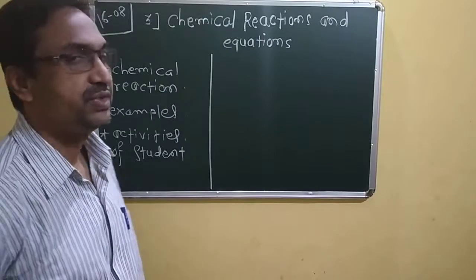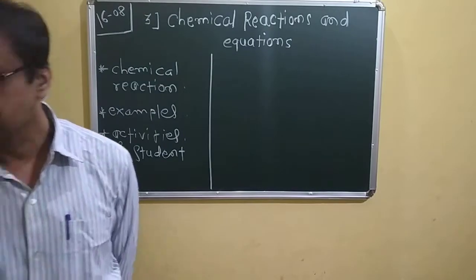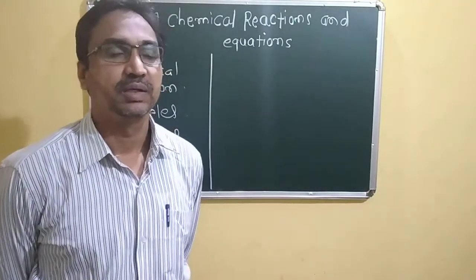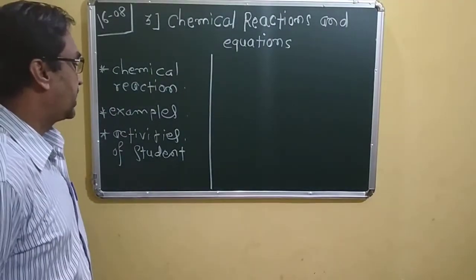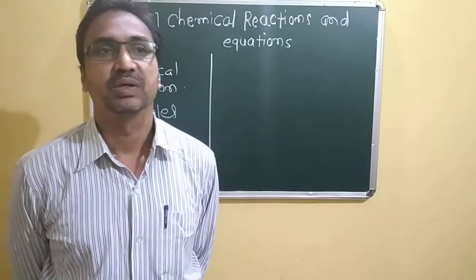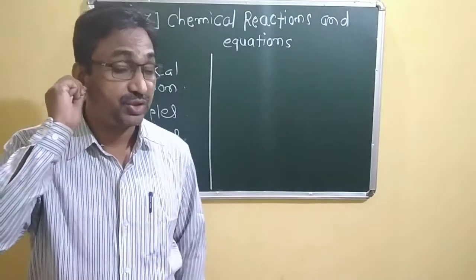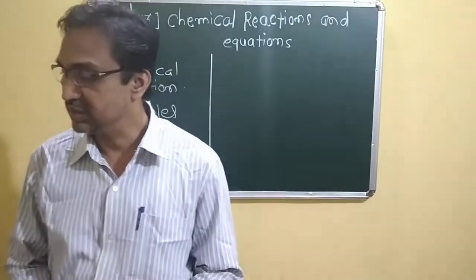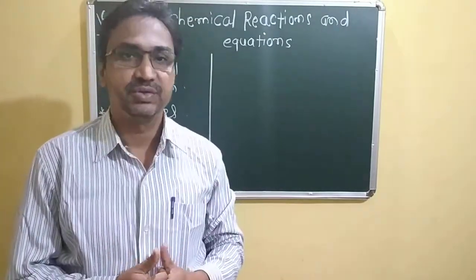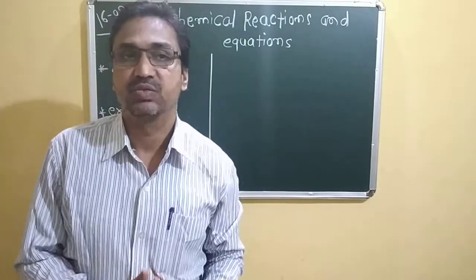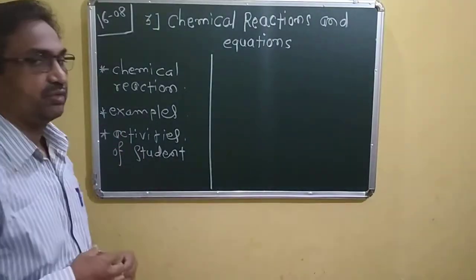There are some examples already given in our book on page number 30. We have to classify them as a chemical change or a physical change. This we have to see afterwards. There are activities given for students, using some chemicals and instruments in the presence of a teacher. The presence of a teacher is the most important thing, and there are 5 activities. We have to analyze and observe, and find out what happens in those chemical reactions. So these are the activities we have to take.